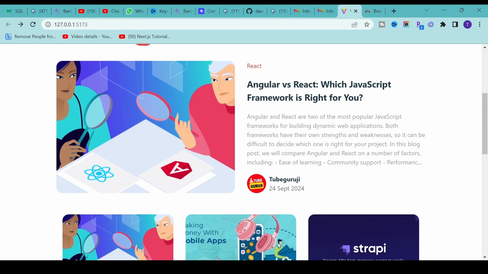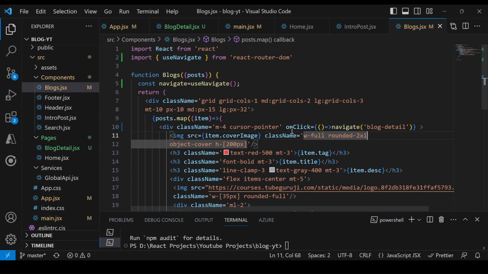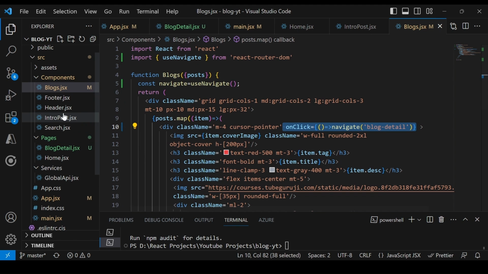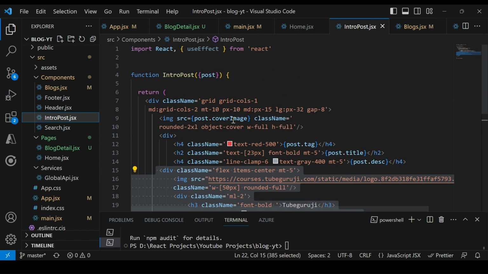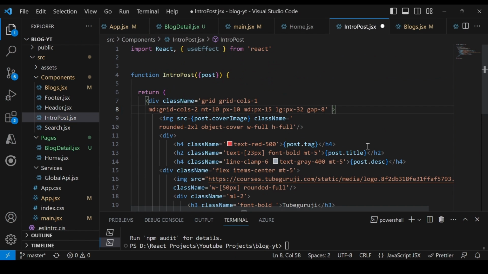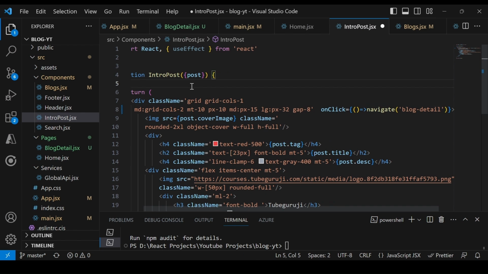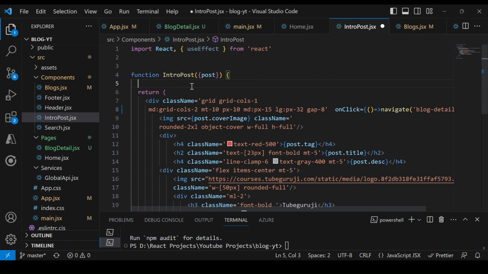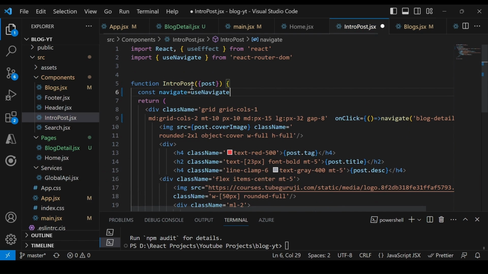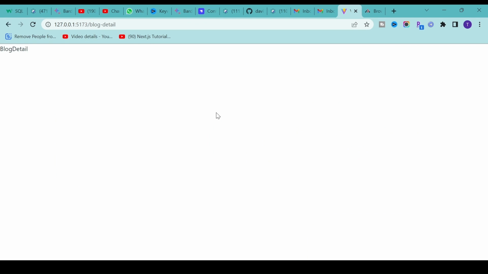blog, the intro blog as well, right? So what I will do, I will copy this on click method. Okay, and I will go to the intro post.jsx. Over here in this div, I will add this blog detail, and make sure you add this navigation as well. You have defined const navigate is equal to use navigate from the React router DOM. Okay, and now if you go back, even if I click on this one, it will go to the